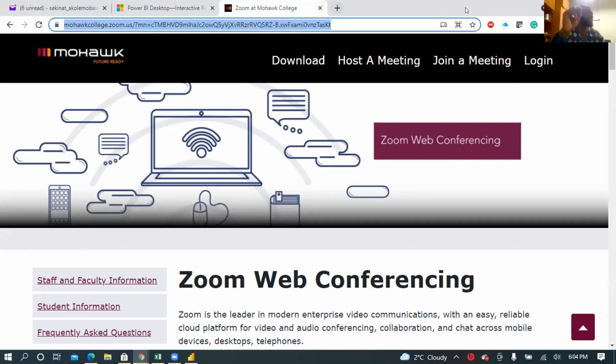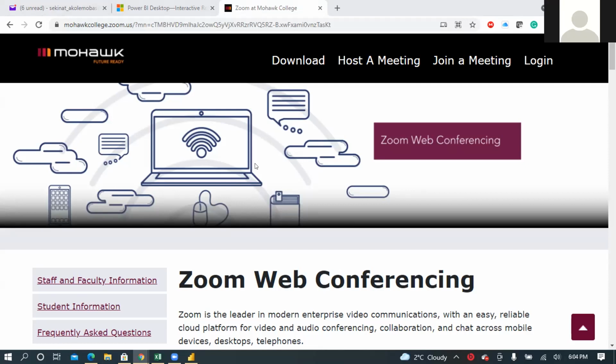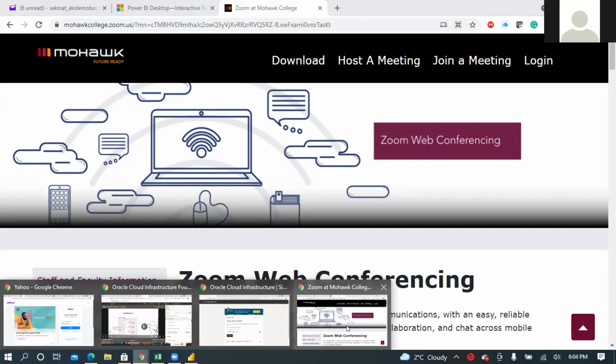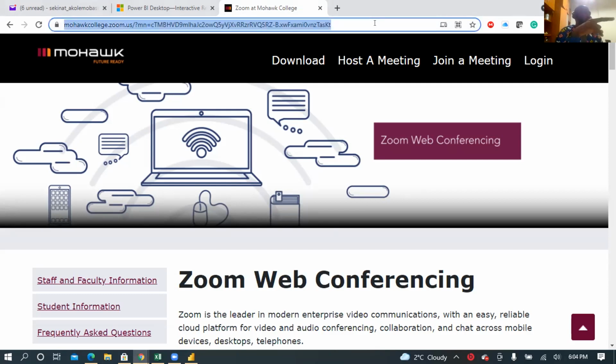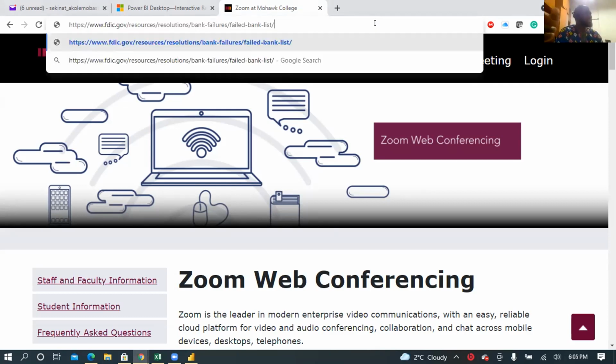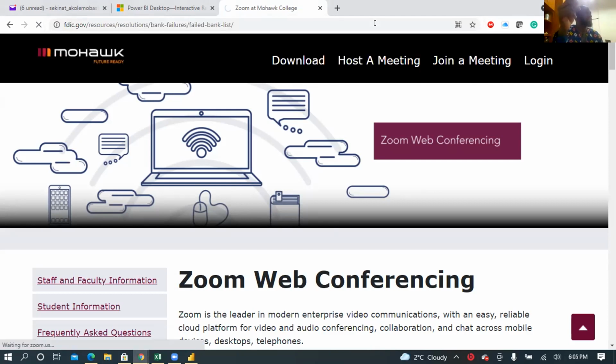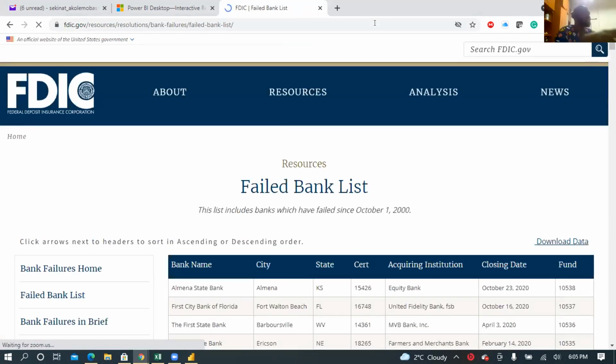No problem, it's fine. I'm not a Microsoft person, I don't use Windows, it's not a problem. Just click on the address bar, clear it out, and paste the link that you have. Yeah, that's right. So it takes you to the page.